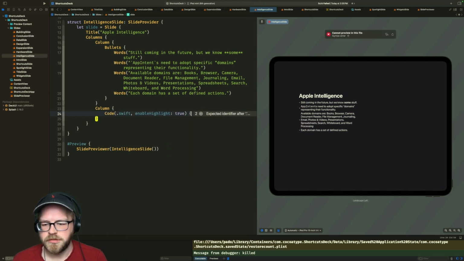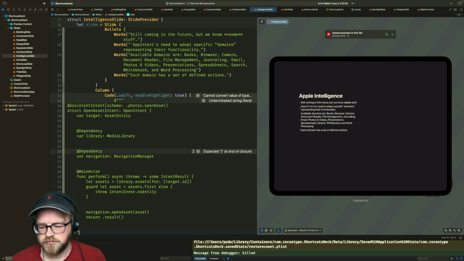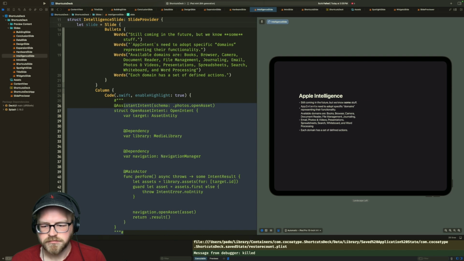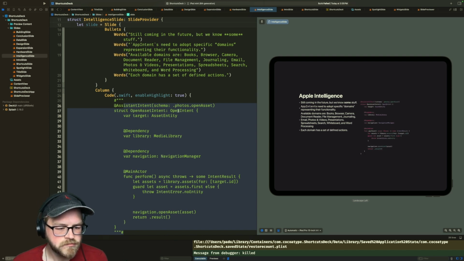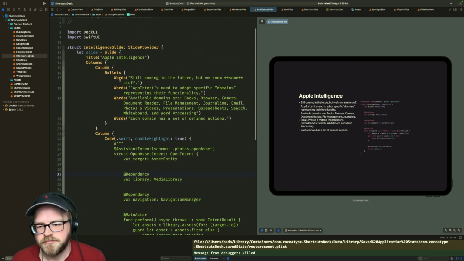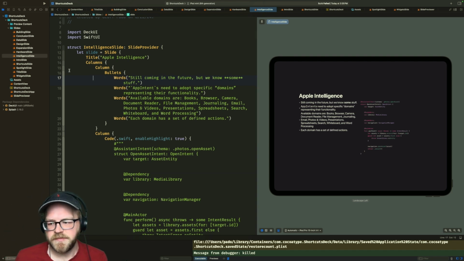True. Okay, that looks good enough. And really what we're talking about is just that top assistant intent. And then everything else is basically the same thing. And my foot's stuck. Sorry. Okay. So there's the Apple Intelligence slide. We got something there.